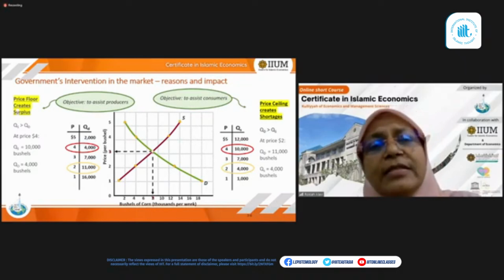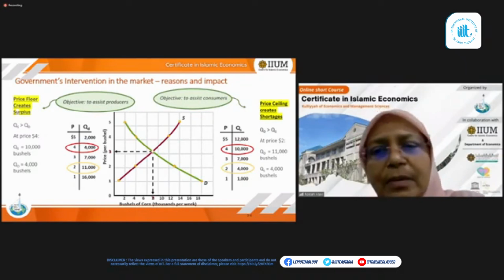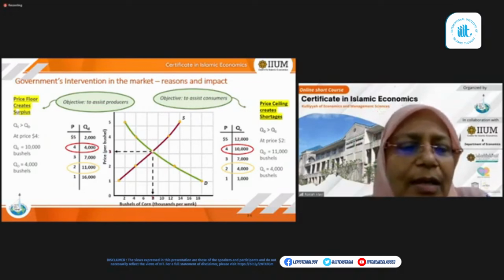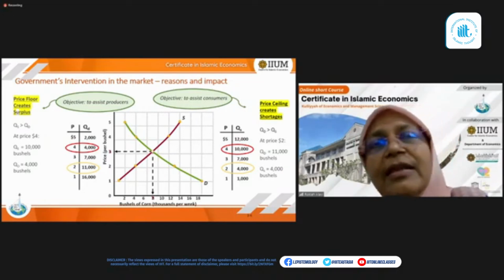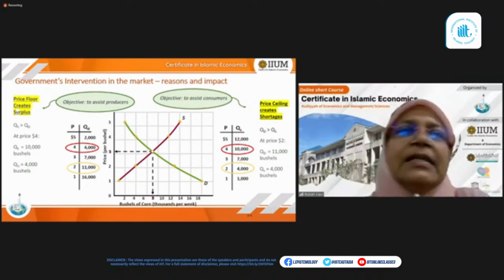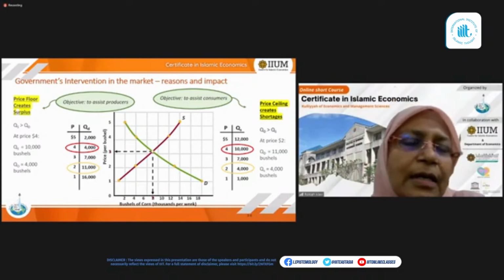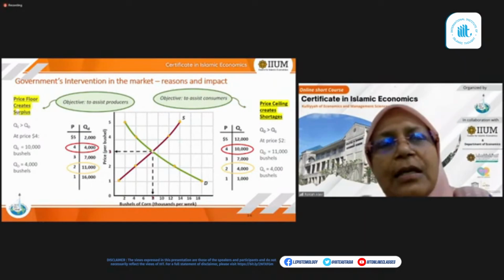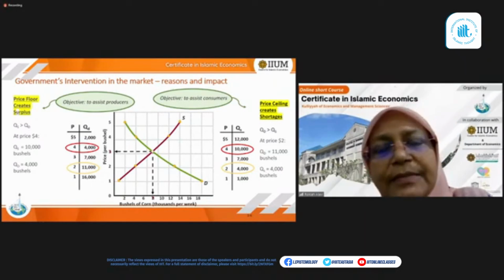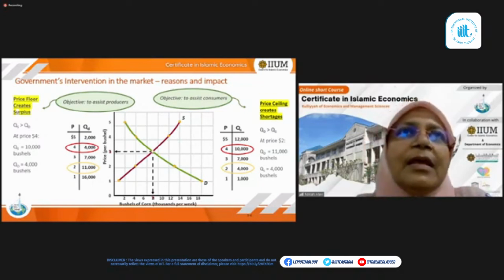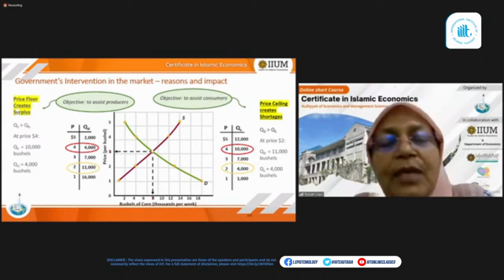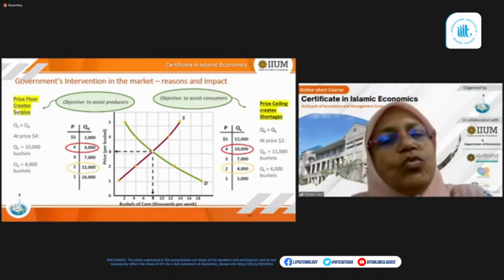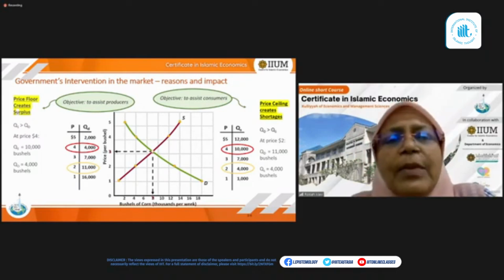If you look at the market price in Malaysian ringgit, I can easily use Malaysian ringgit because I'm comfortable with it, and I'm going to bring in market intervention, government intervention, here. Let's say the market price for petroleum is 6 ringgit per liter in the world market. But that is too high, even though it's the equilibrium price. When oil price is high,